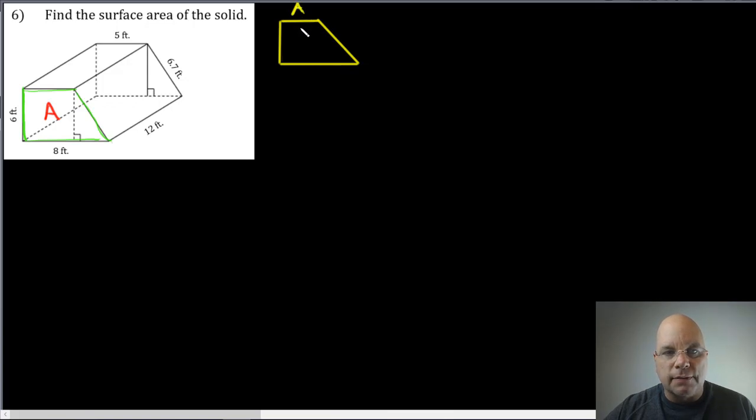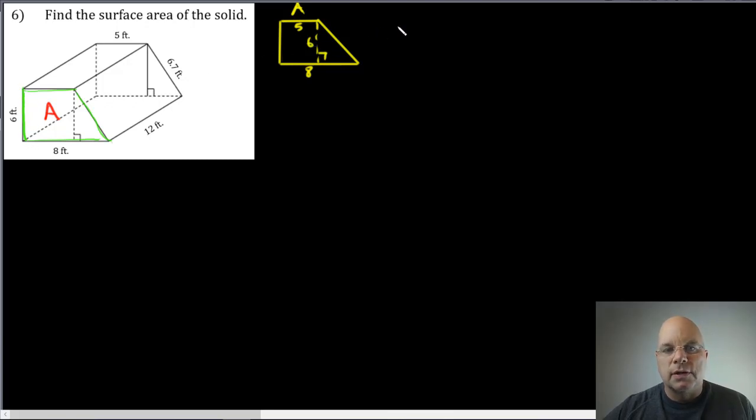I know it has a 5-foot base up here, an 8-foot base down here. You can't see the 5 here, but you see it back here. And then this height is not shown here, but you have a perpendicular side here,